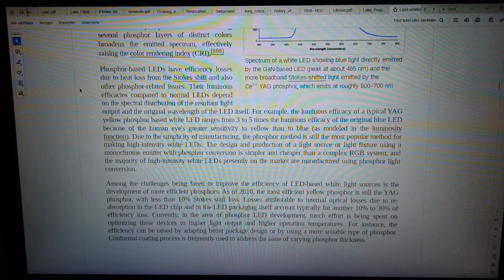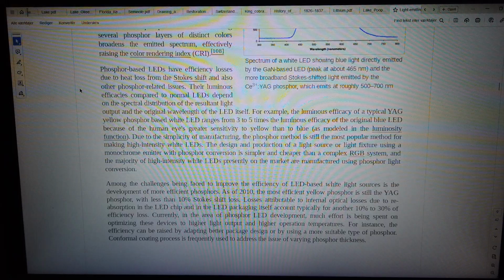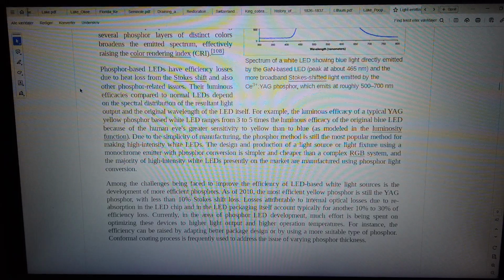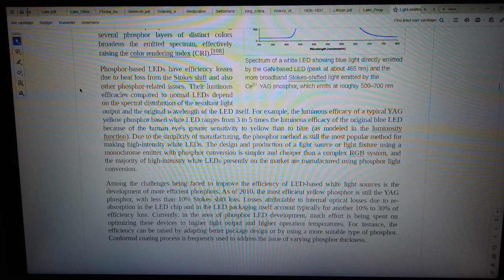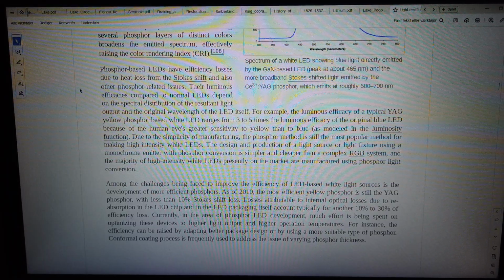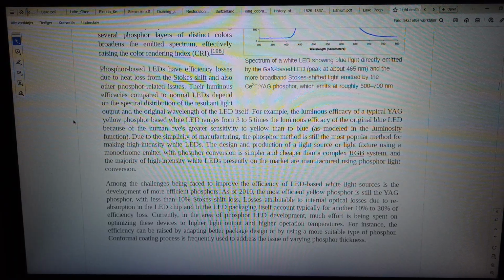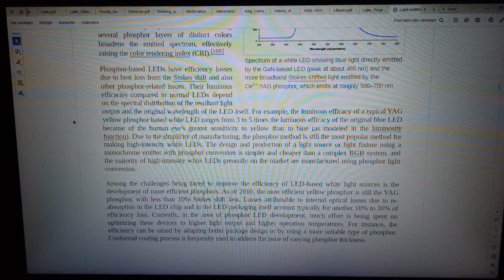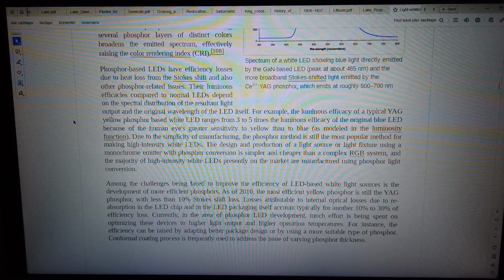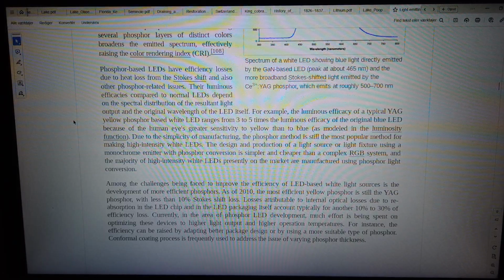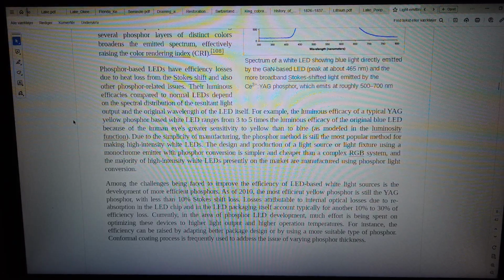Their luminous efficacies compared to normal LEDs depend on the spectral distribution of the resultant light output and the original wavelength of the LED itself. For example, the luminous efficacy of a typical YAG phosphor-based white LED ranges from 3 to 5 times the luminous efficacy of the original blue LED because of the human eye's greater sensitivity to yellow than to blue, as modeled in the luminosity function. Due to the simplicity of manufacturing, the phosphor method is still the most popular method for